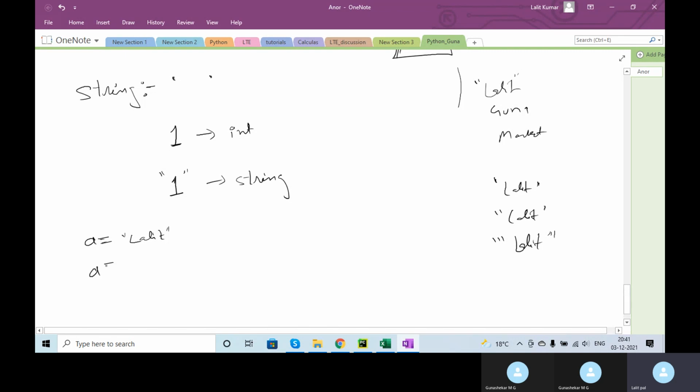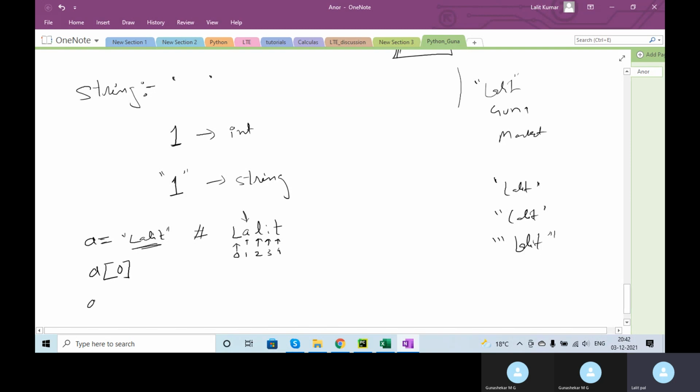The moment you write down a string, like Lalit, its positions will be identified by sequence numbers like 0, 1, 2, 3, 4. Python will give that sequence numbering. So if I want to fetch the second element,